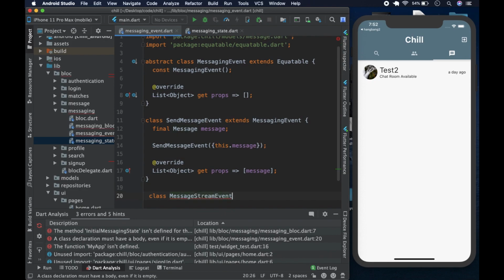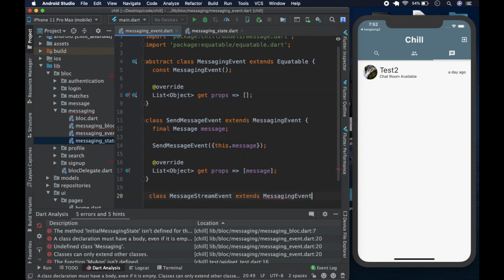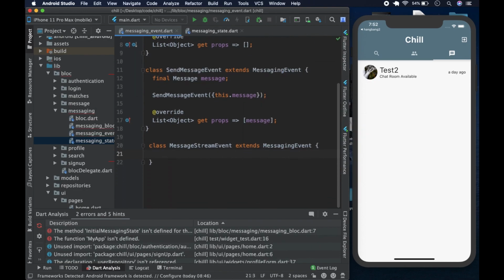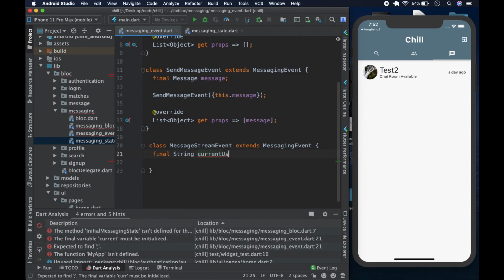stream event, and this is going to extend the messaging event. And it is going to have two fields. We could say final, they're going to be of type string: current user ID and selected user ID.